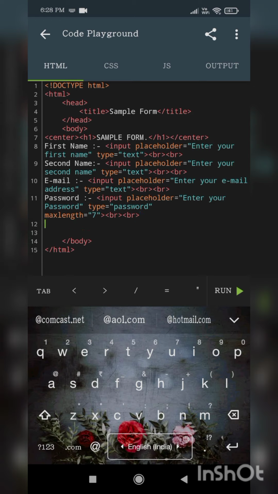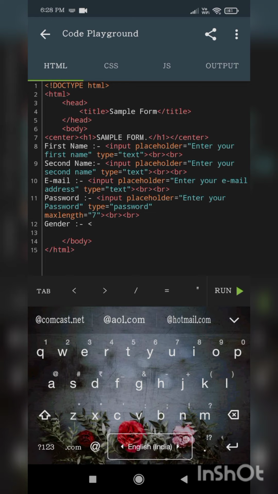After that they may also ask you about your gender. So write gender. For this gender, you will use radio buttons.